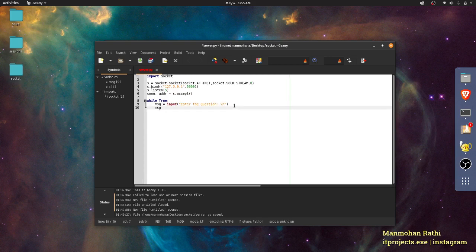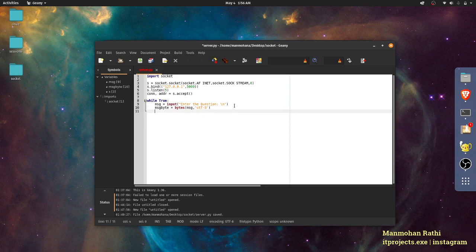Then we need to convert the message to bytes. Why is that? Because we will be transferring bytes over the network. We cannot transfer strings, so we need to convert the string to bytes first and then send the message. To convert a string to bytes, the function is bytes, and in the brackets we give the variable or string that we need to convert, and the encoding, which is UTF-8.